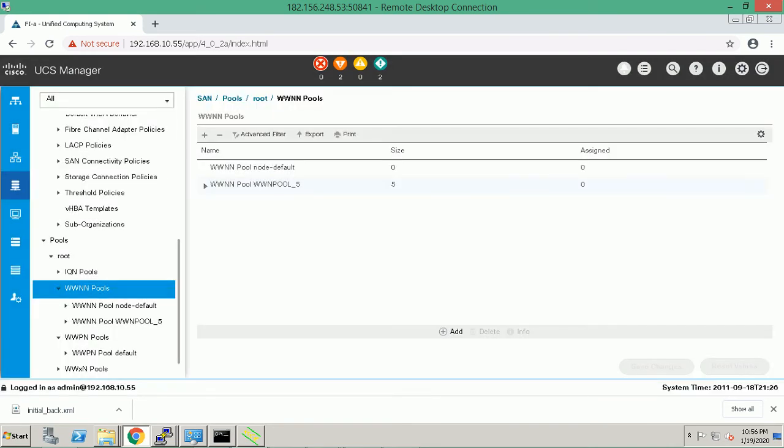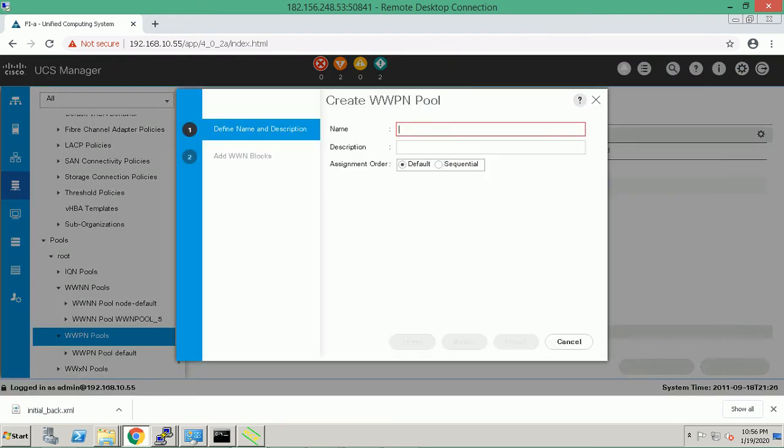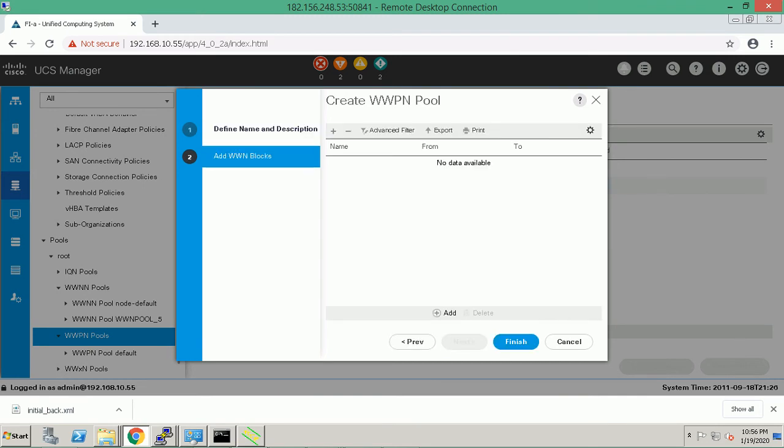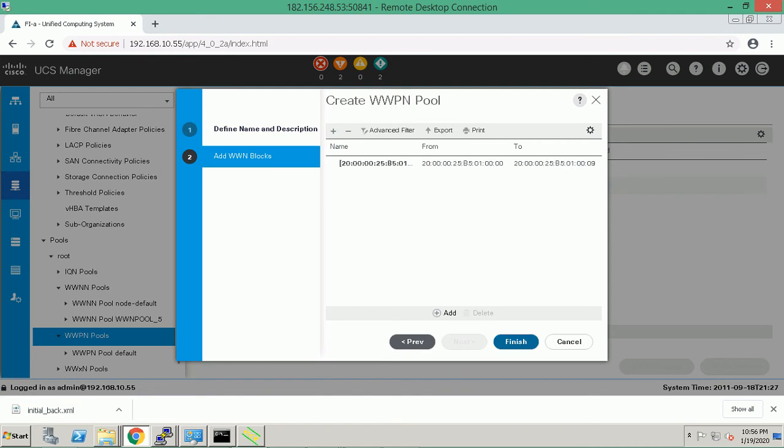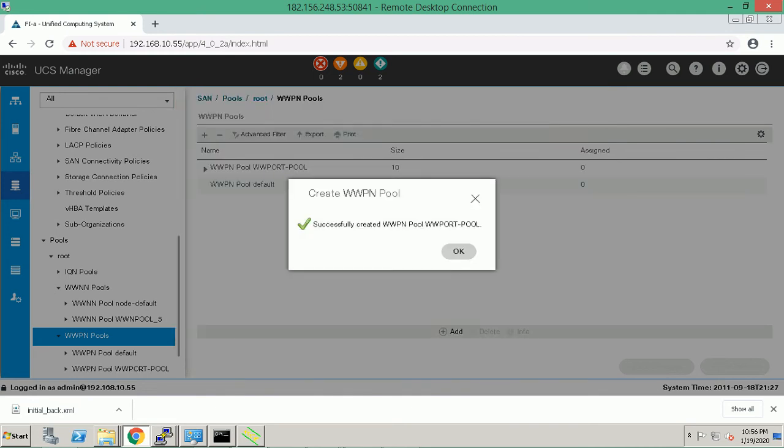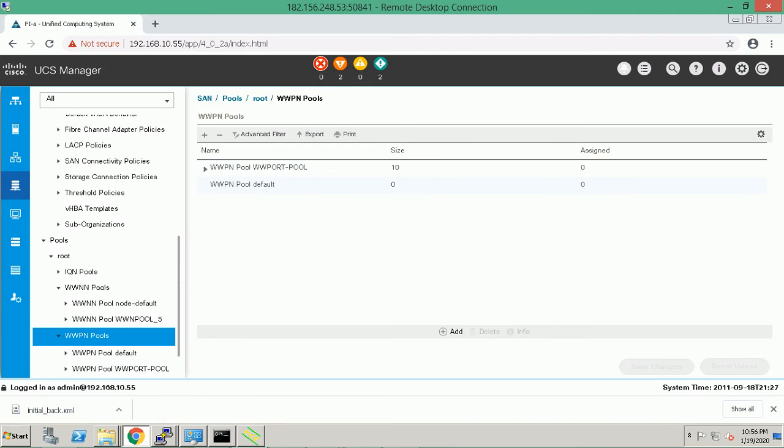Similarly I need a port. So click on worldwide port pool. You can give a meaningful name. Sequential, next, add, start with 1, and I need the number is 10, so 10 port identifiers, finish. Okay, so then